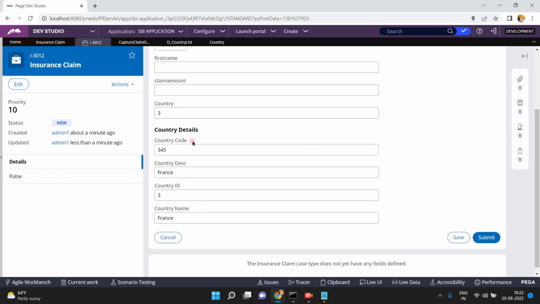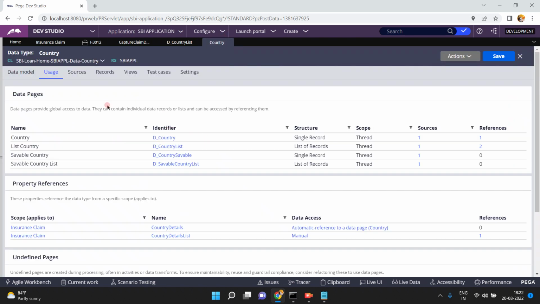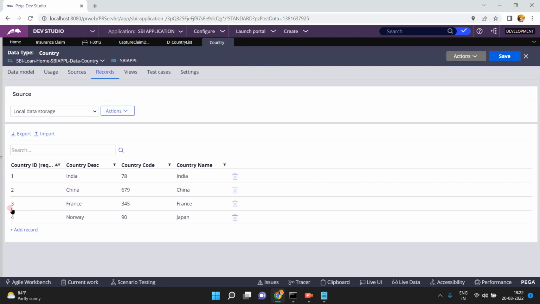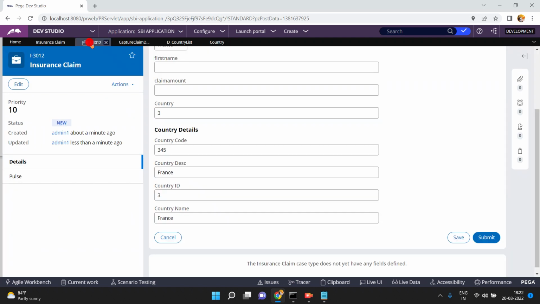I am loading the country details: country code 345, country description France, country ID 3 and country name France, because these are the details. Go to the records: Country ID 3, France, 345, etc. How I have loaded all these details means,